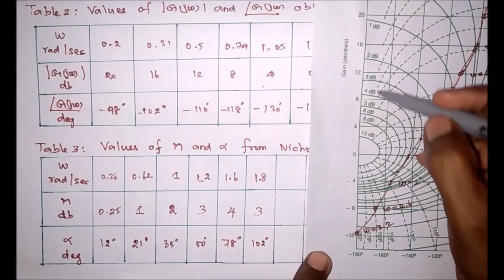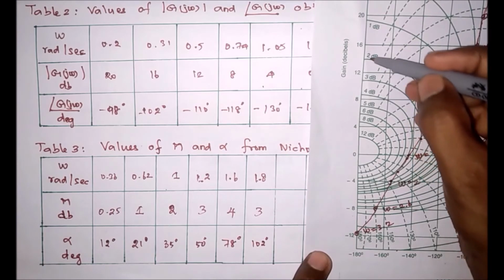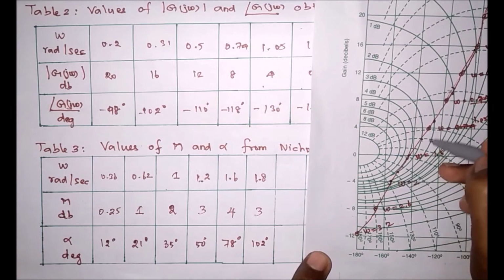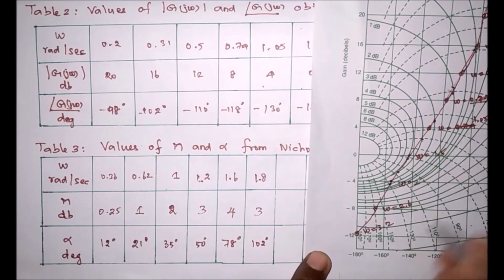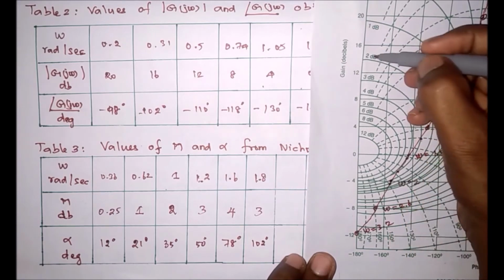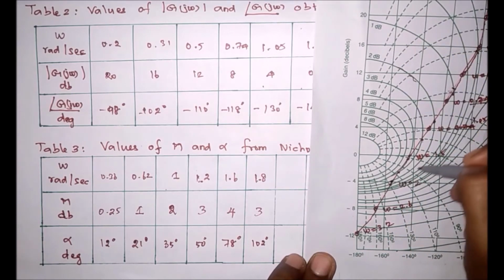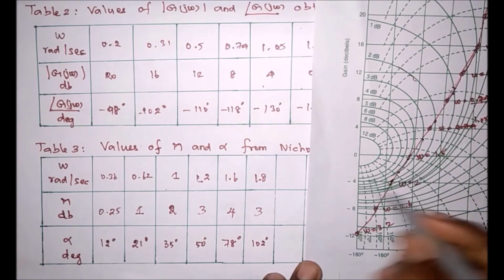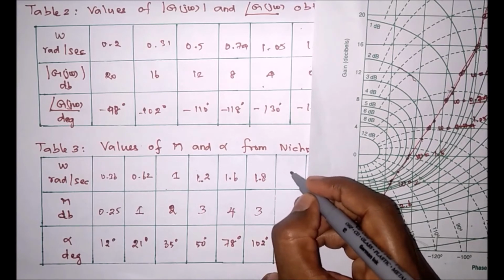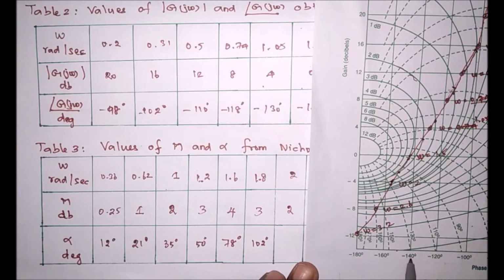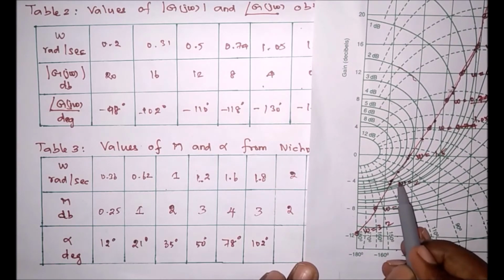Next we see after this third, again this second line is cutting at this point. So this is third, this is second. We see this is the magnitude second. So it is exactly coming at this point. At this point omega equal to, we know already, 2. Omega equal to 2. The decibel also 2. Its corresponding angle, we see it is lying in between 130 and 150. It is 140, so this is 140.